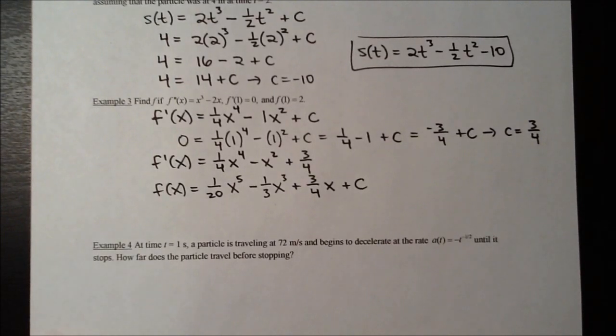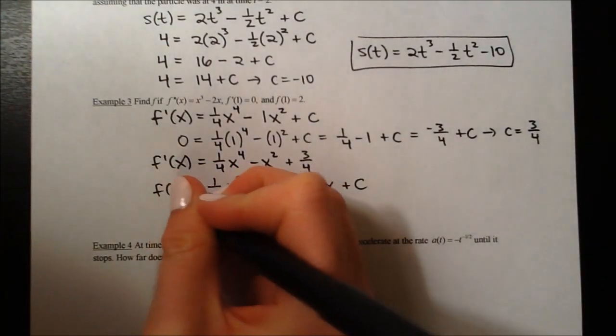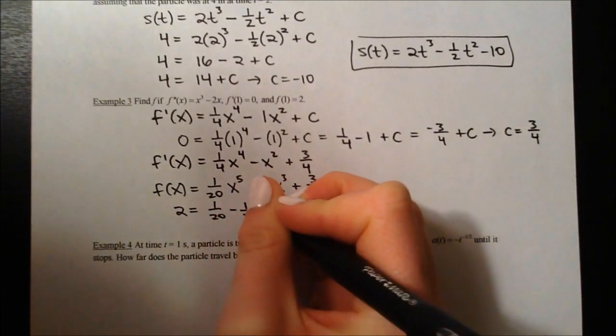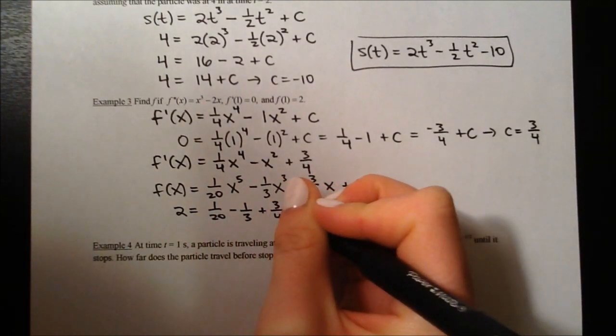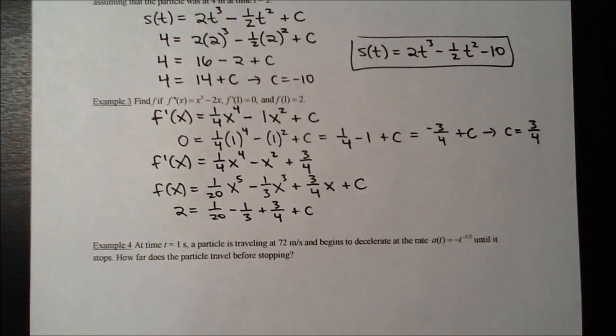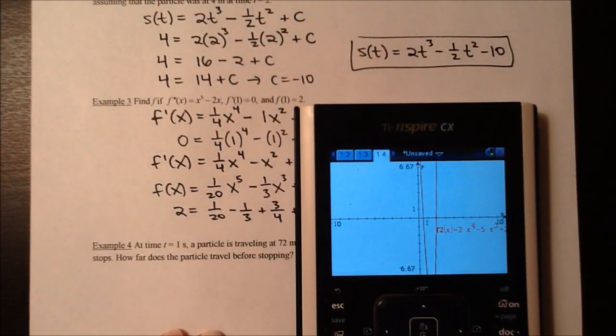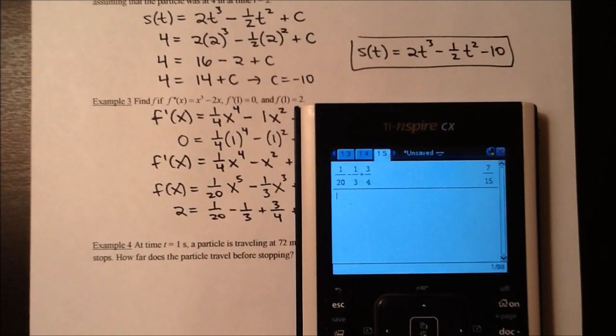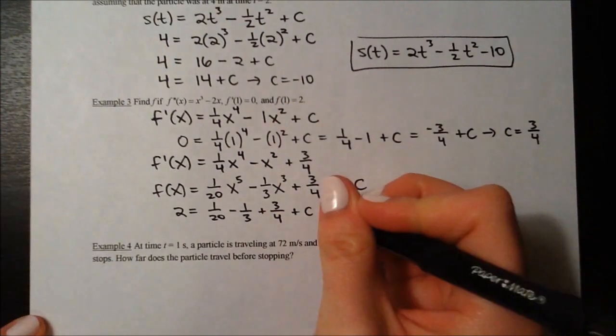Okay? So now what we're going to do is plug in the second condition. So we're going to plug in 1 and set it equal to 2. So if I plug in 1, I get 1/20th minus 1/3 plus 3/4 plus c. Okay, we're dealing with those fractions. We could convert them all to a common denominator of 60, but what I'm going to do is just plug them right into my calculator. So 1/20th minus 1/3 plus 3/4, that gives us 7/15. Okay, we could have done that by hand, but there's really no point. So 7/15